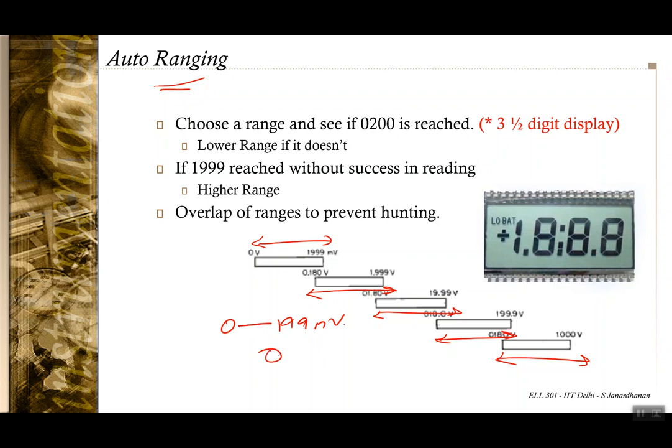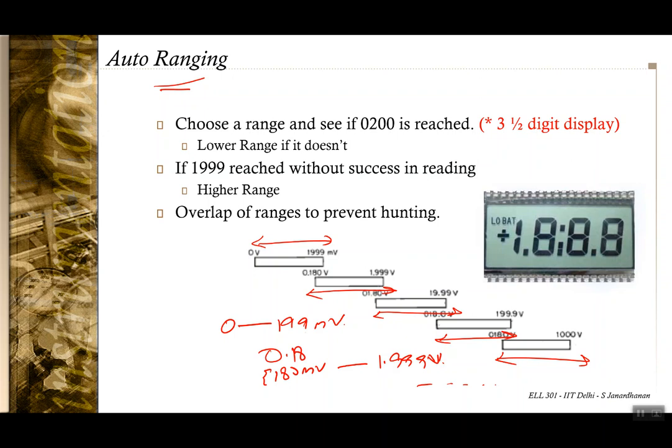The other range starts from 0.18 or 180 millivolts and goes to 1.999 volts, and so on. The way it operates is that you select a particular range and see what the reading is, and what you need is that the reading that you get